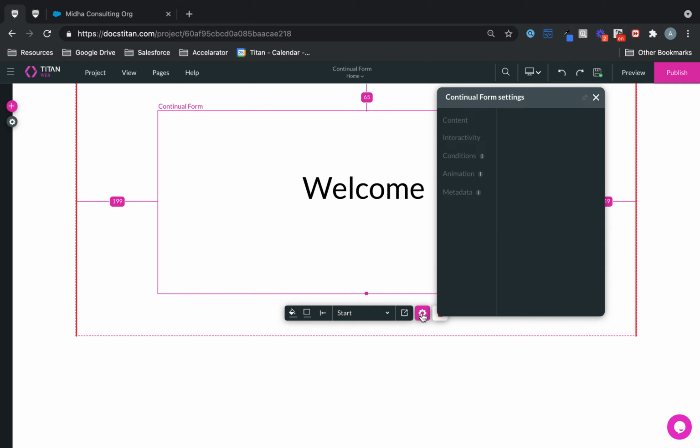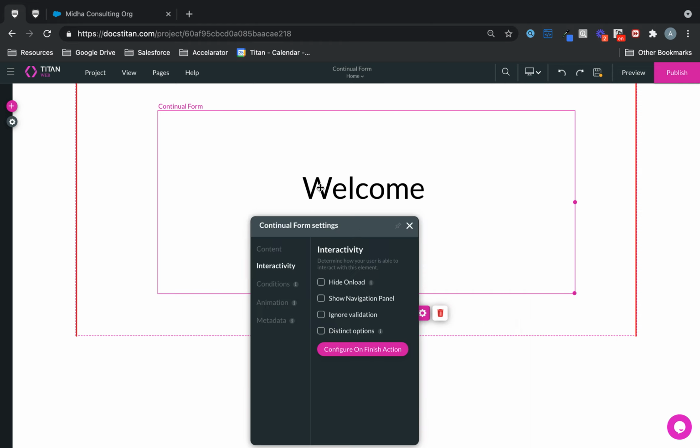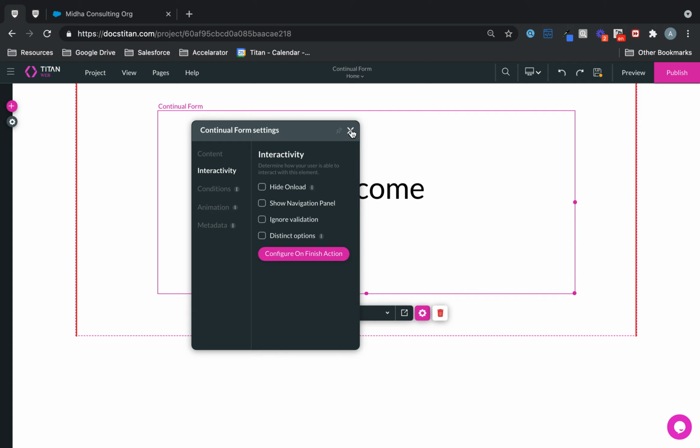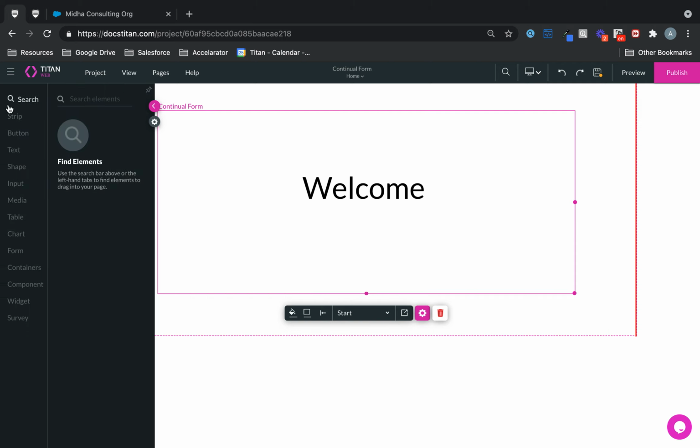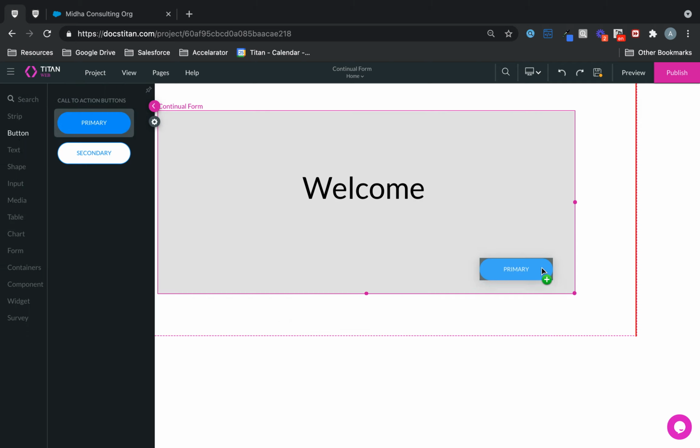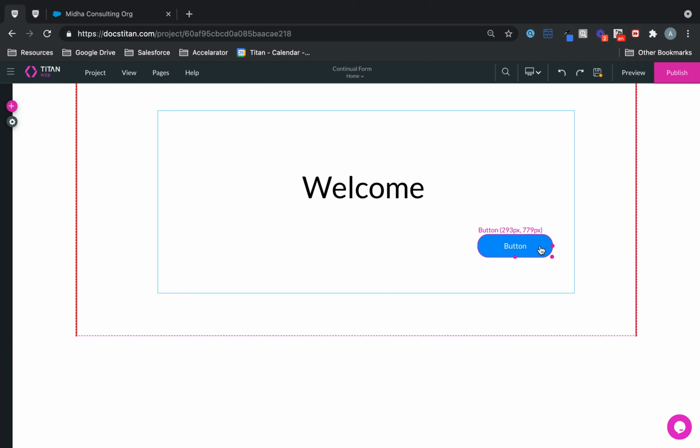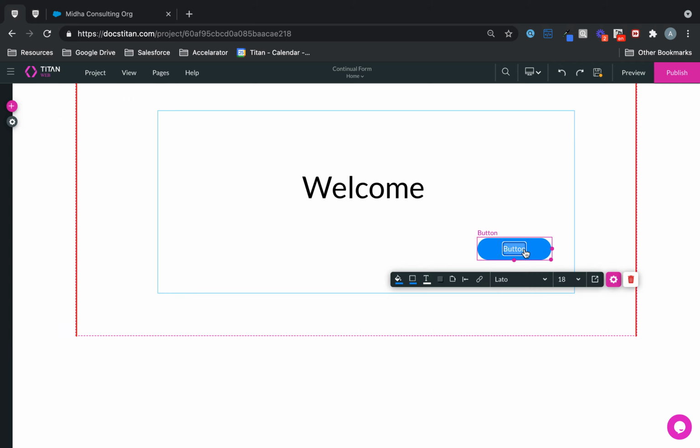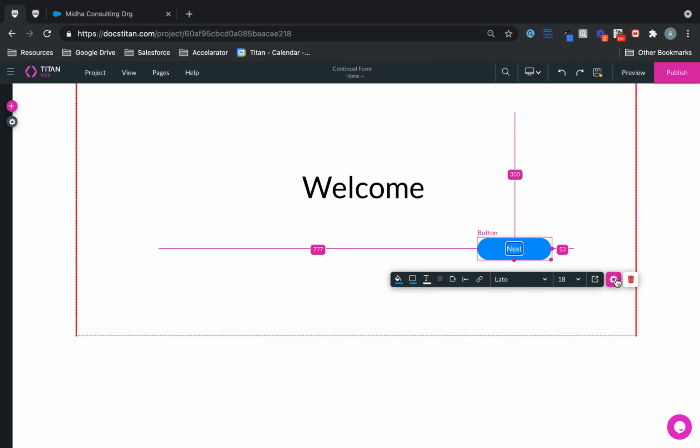Absolutely not. So let me give you an overview here. You can actually hide the navigation panel. Look at it now, it's hidden. And then you can use your own custom buttons. So let's say I'll bring this one here. All right, and I'm going to call this one next. And then when I click on it,